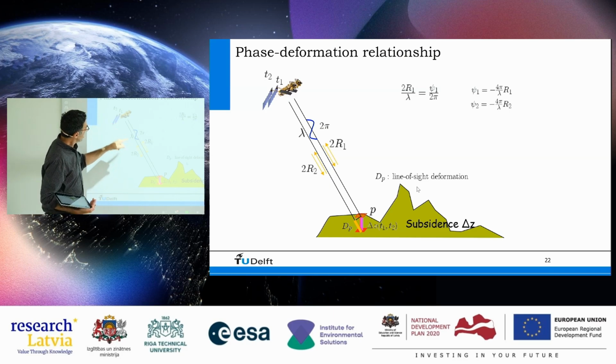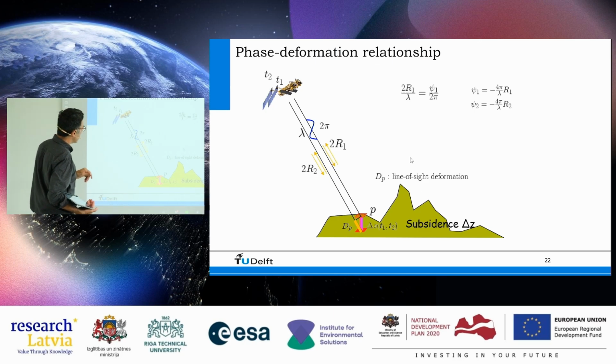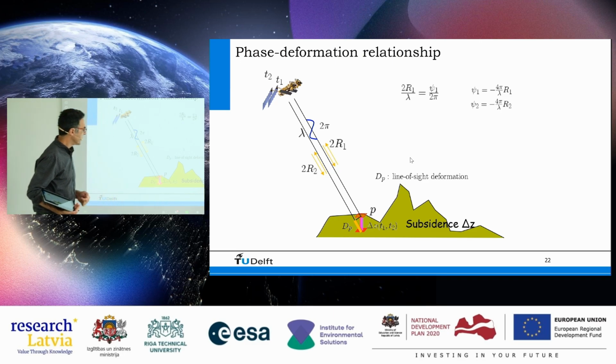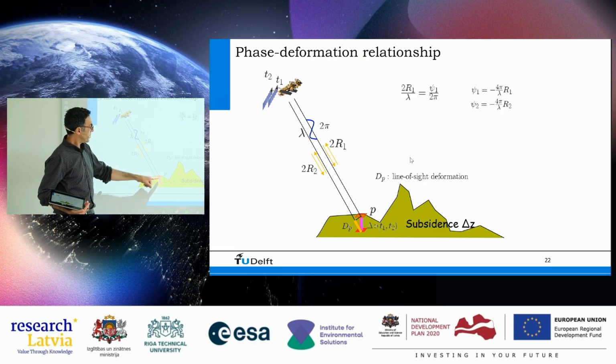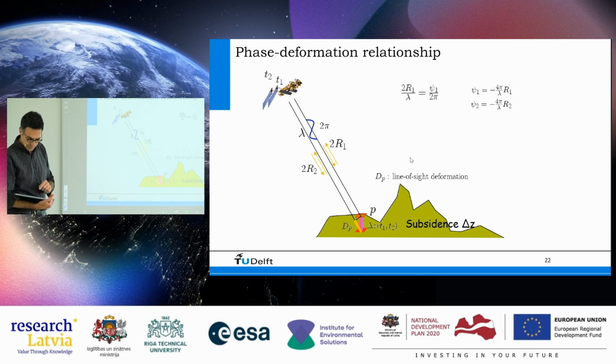If the satellite is at the same position, the distance has increased a little bit because of the subsidence, and the amount of increase is this delta P, which we call the line of sight deformation. The line of sight is the line in which the radar looks, and a radar measures distance, so it can only measure deformation in this direction. It cannot measure any deformation in a plane orthogonal to that line of sight. So if the delta Z is 1 centimeter, we're only going to measure maybe 0.8 of a centimeter of that in the direction of the satellite. But 0.8 is measurable.